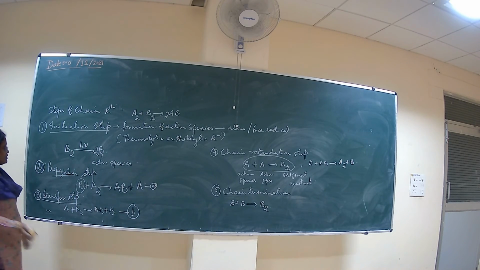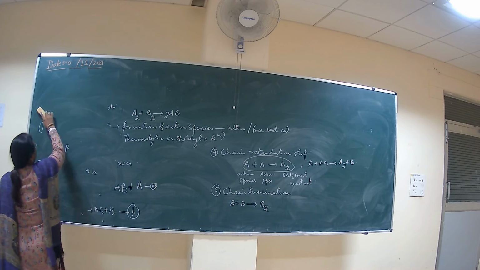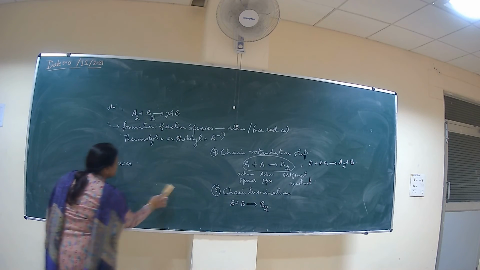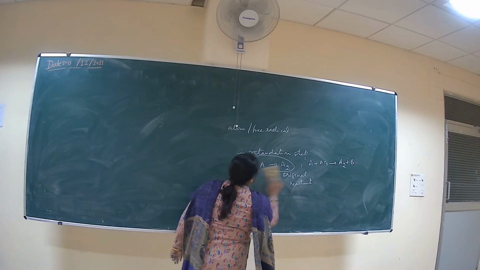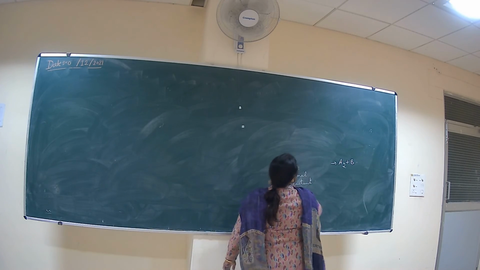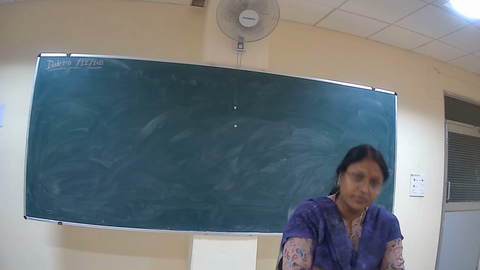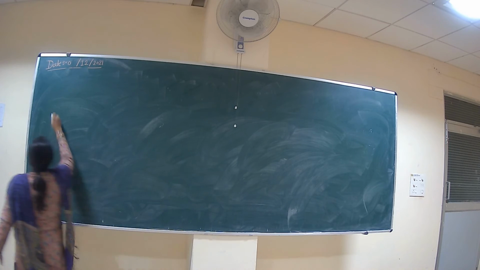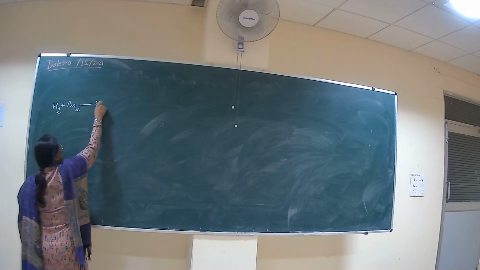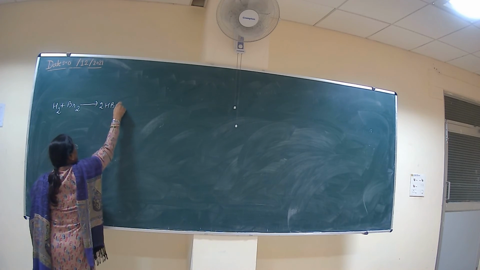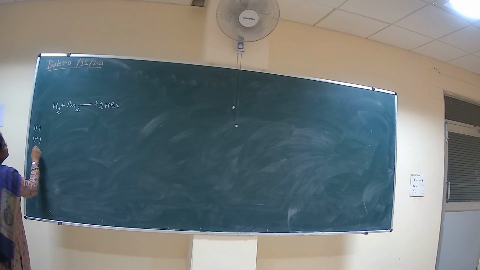So we take an example for the formation of HBr molecules. यहाँ हटा दें, लिख लिया सब लोगों ने? Formation of hydrogen bromide by the reaction between the hydrogen molecule and the bromine molecule in presence of light energy. So how we write this kinetics for the formation of HBr? That is H2 molecule reacts with the bromine molecule and there is a formation of two molecules of HBr. And here we have 5 different steps for this reaction.